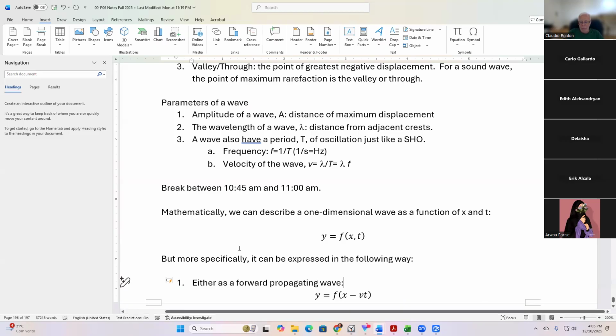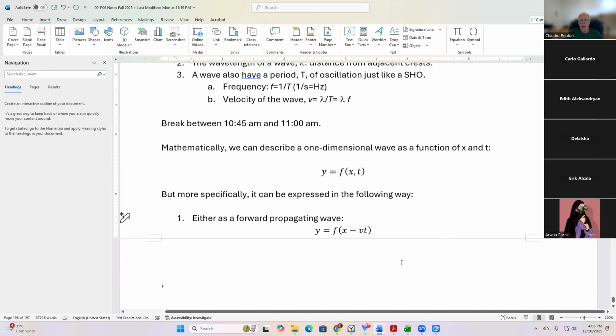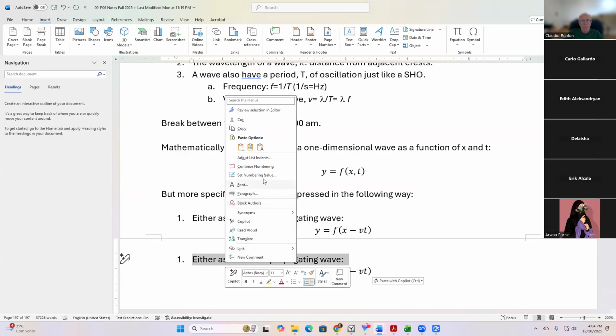See that? A forward propagating wave has a negative sign here, which is x position along the x coordinate minus vt. vt is the velocity of the wave times time. Okay? Either as a forward propagating wave or